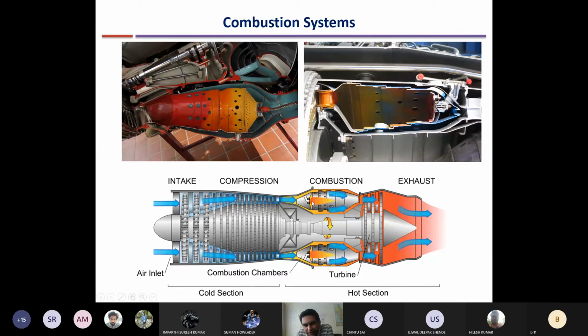Depending on the design, you can have a large number of, say 10 or 12, combustion chambers surrounding the shaft at the center. They are arranged circumferentially around the center. Or there can be just an annular region, where the full annular region is the combustion chamber where the combustion process occurs. All this we will discuss. So after combustion, the temperature increases to a very high level, but the pressure remains the same for ideal cases, and in actual cases there are some pressure losses also.